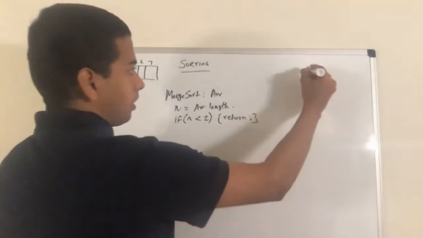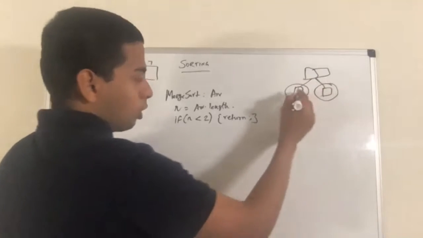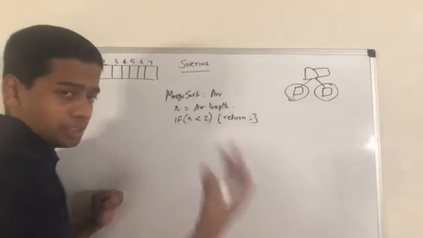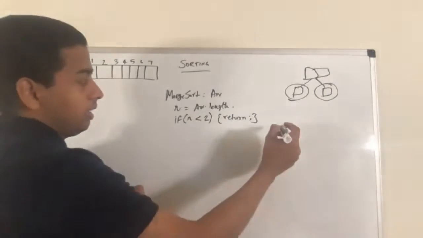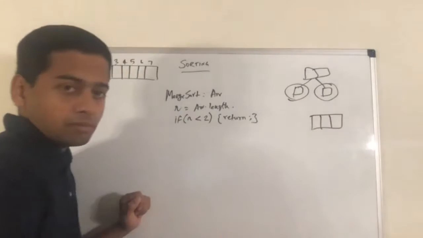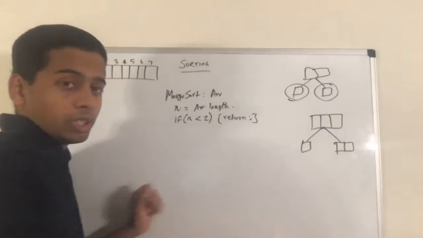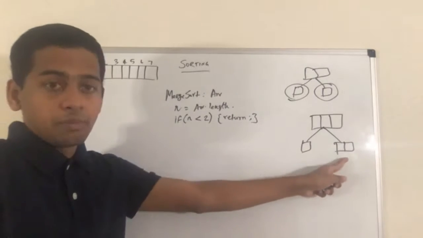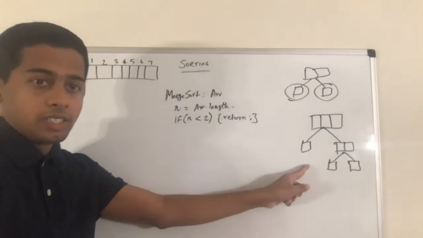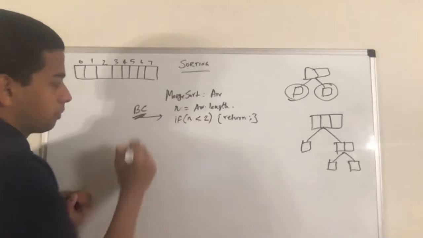Do you remember it? When we kept partitioning, it came up to the last one element. So I cannot subdivide this. So if the length is less than 2, which means 1 or 0, imagine that there is nothing in a case. Let's say the original array is like 3. In this case, it will be 1 here, it will be 2 here. So this also I cannot partition further, but this I can partition further. Correct? Something like this. So whenever we reach that 1, we should stop this. So I have written this BC, which is my base condition.